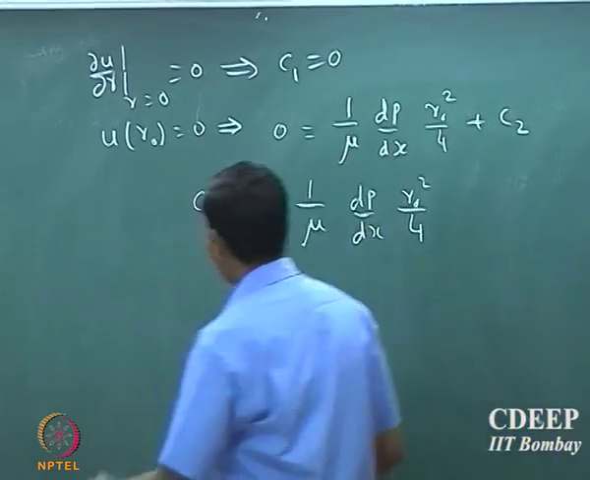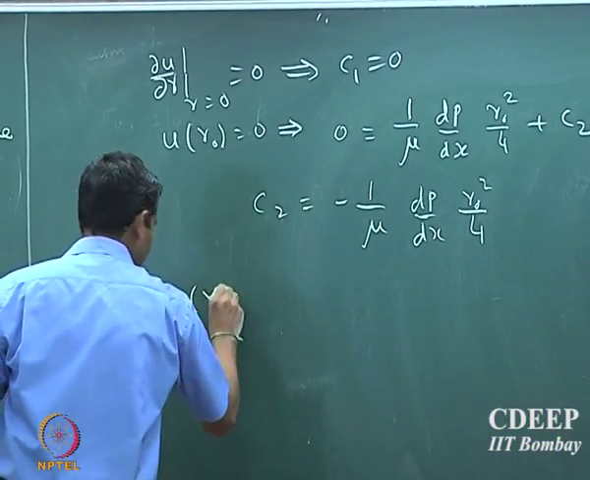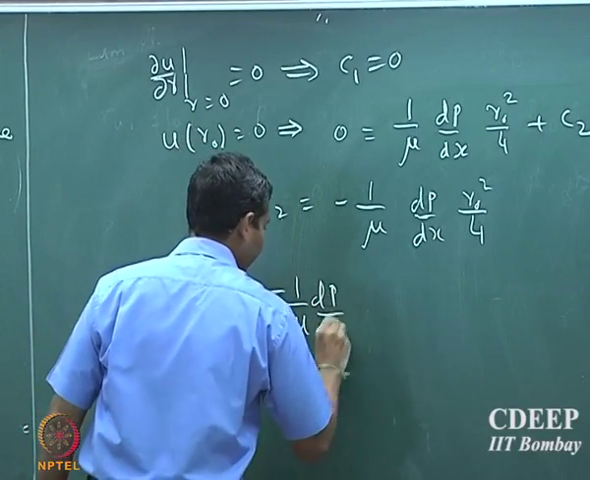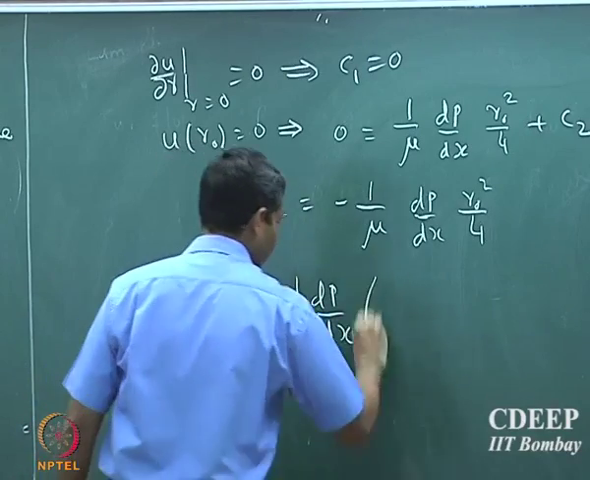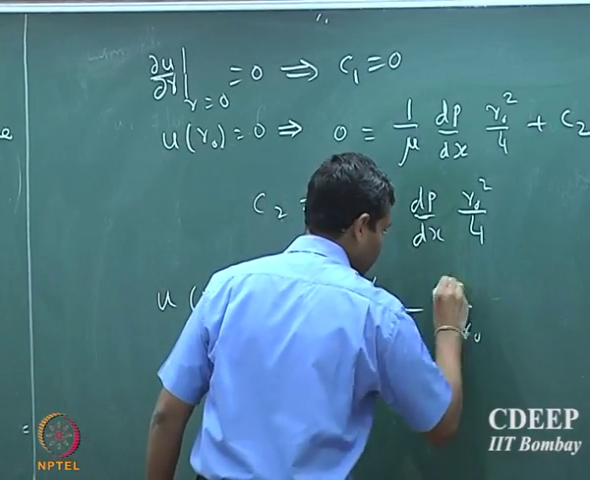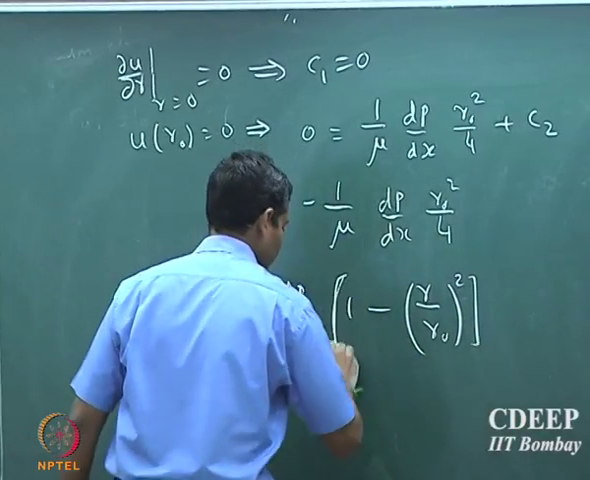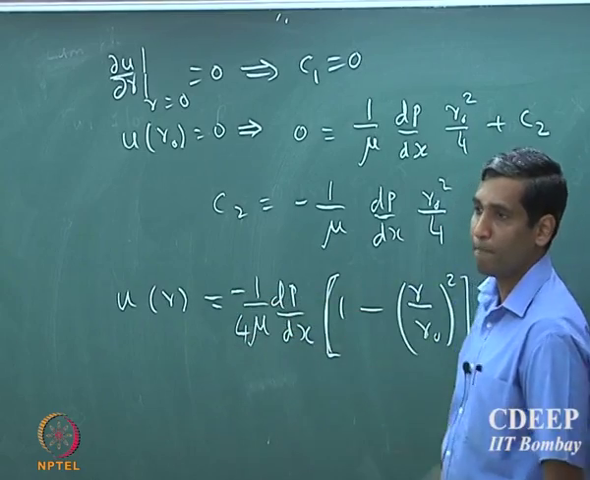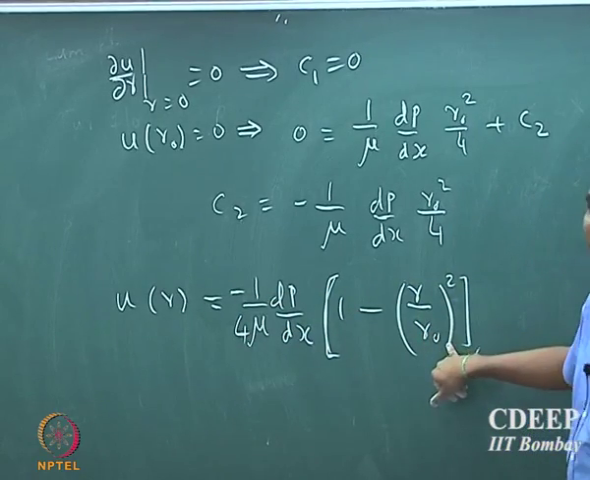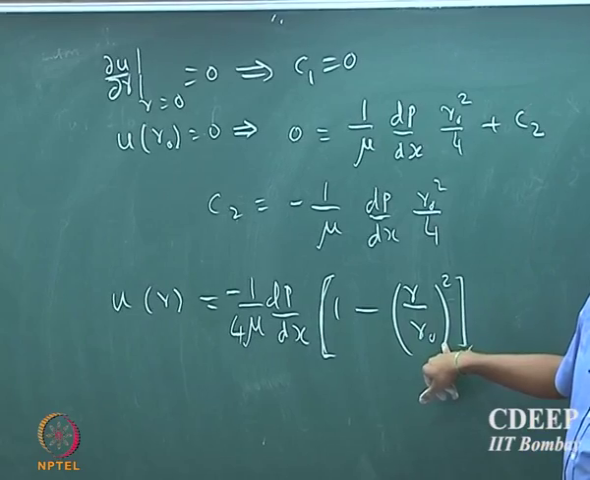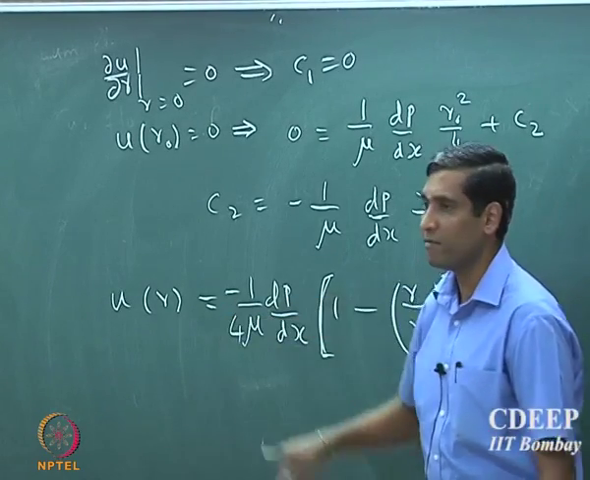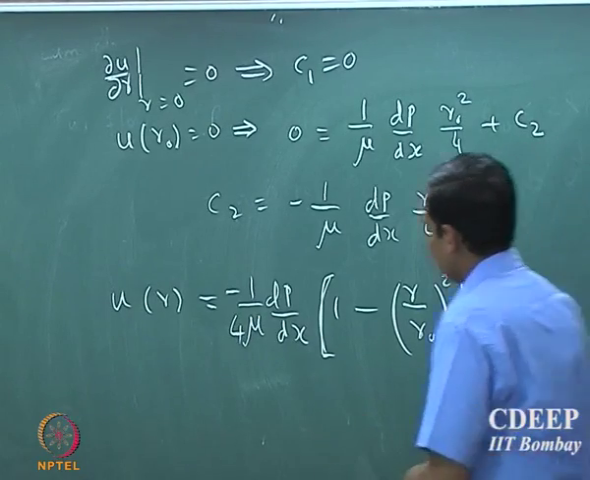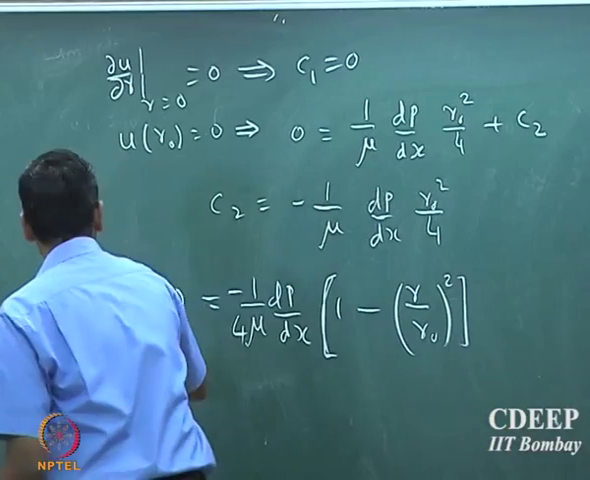So from this I can find the velocity profile, that will be minus 1 by 4 mu dp by dx, so I can pull the 4 out, into 1 minus r by r naught the whole square. Okay. So note that I have pulled a minus sign outside. R by r naught is greater than 1 or less than 1? It's less than 1. So why is there a minus sign? Because dp by dx is negative, right? So this is the velocity profile